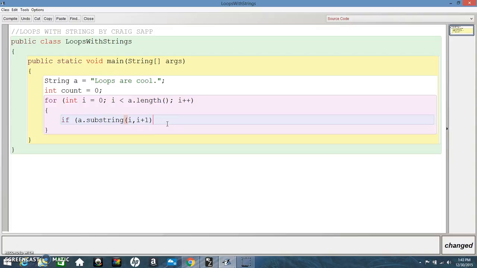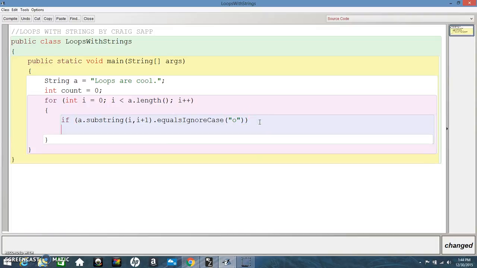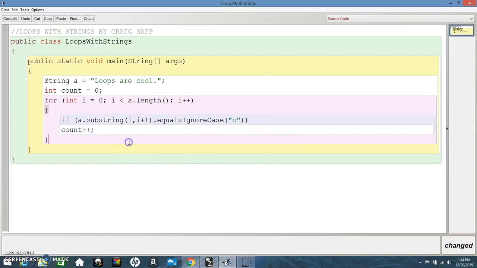And I'm going to check to see if it is equal to O. Now, I cannot do equals equals, because you can't compare strings with equals equals, or it will compare the addresses of those strings, because a string is an object. If you want to compare to see if they're the same thing, you can do .equals("O"), like that. If you wanted to take out capital O's too, there's also equalsIgnoreCase. You can do that. And what's going to happen if I encounter O's? I'm just going to increment count. So at the end of this for loop,